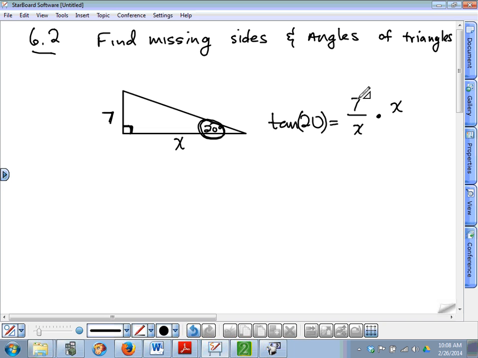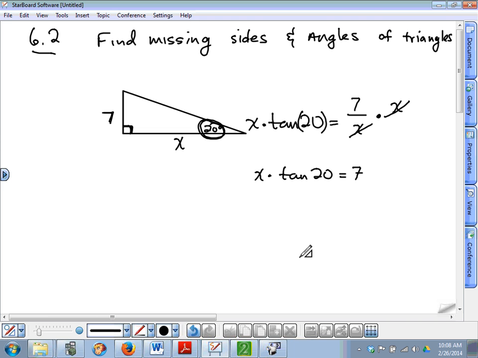That's if it was x times x on the top. What if we have an x on the top and an x on the bottom? 7x divided by x. They would cancel, you guys. If you have an x on the top and an x on the bottom, they cancel. But if you multiply by x on one side, you have to multiply by x on the other side. So now we have x times the tangent of 20